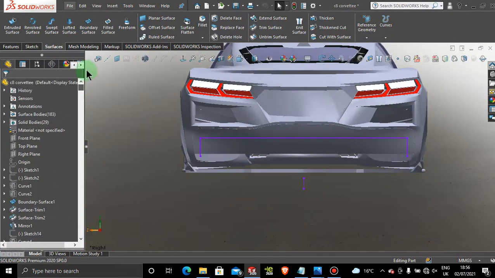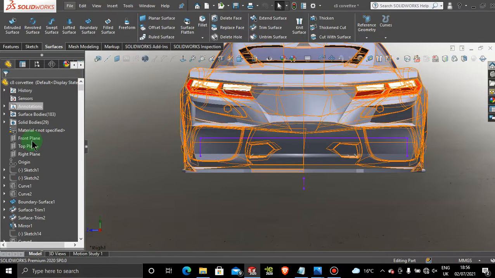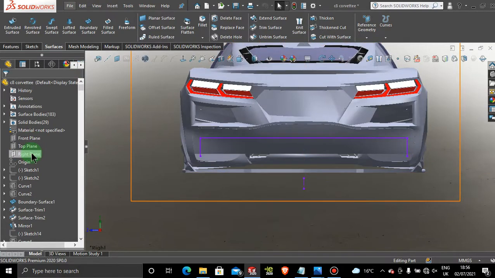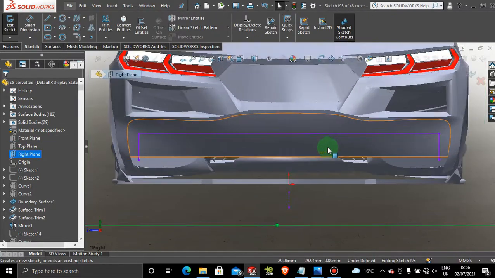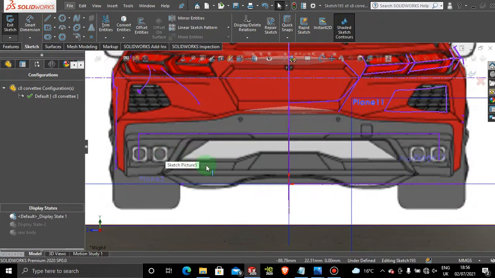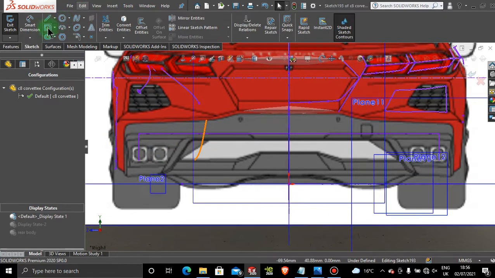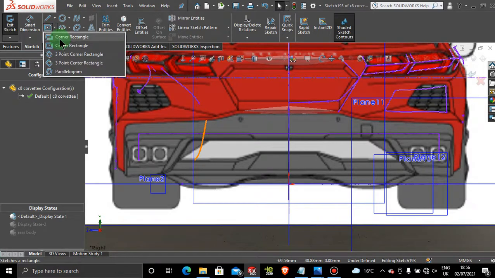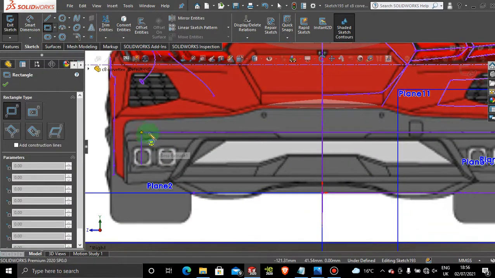So let's jump on the front plane, in the right plane, make a sketch, and I just wanna jump into display state, and just wanna make sure that we get the right size from everything. So unfortunately, because we've been following the old blueprint, our exhaust falls into this section, so we need to bring this in. So let's make a box, a core box for the bracket for the exhaust, and